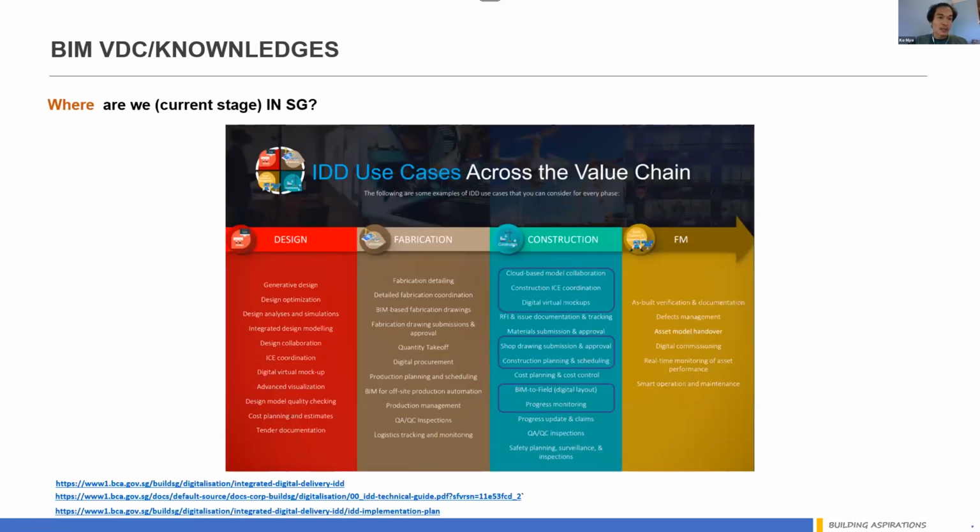So what is the current stage in SG? Currently, as Mr. Vasu mentioned, there is IDD funding, all of which is given out, but we are not going in. But we realize a lot of items we are really doing. Digital virtual mock-up, for example, I will show in a later slide. And ICE coordination. ICE is called integrated concurrent engineering, when the client, consultant, subcontractors and all our project team are using the BIM model for technical discussion. So cloud-based BIM model collaboration, we are doing, ICE we are doing,